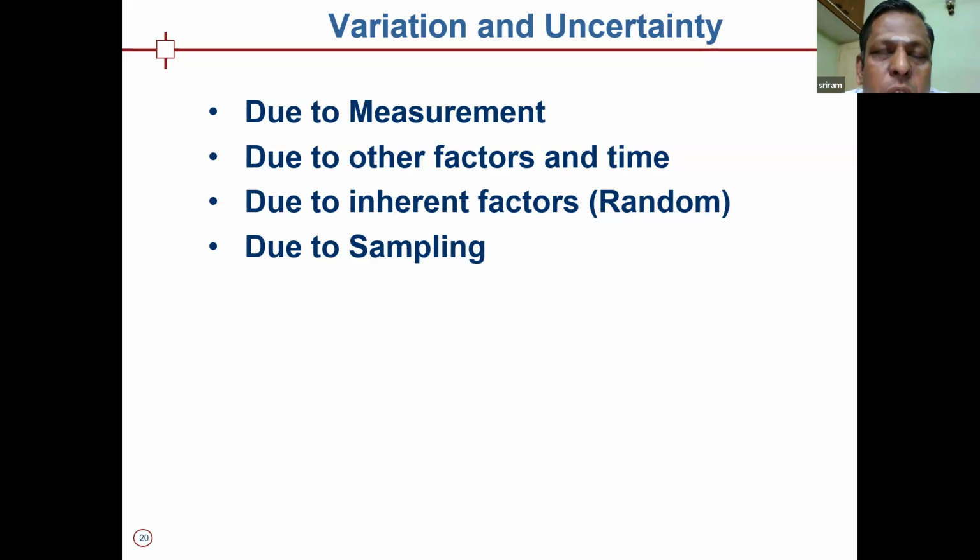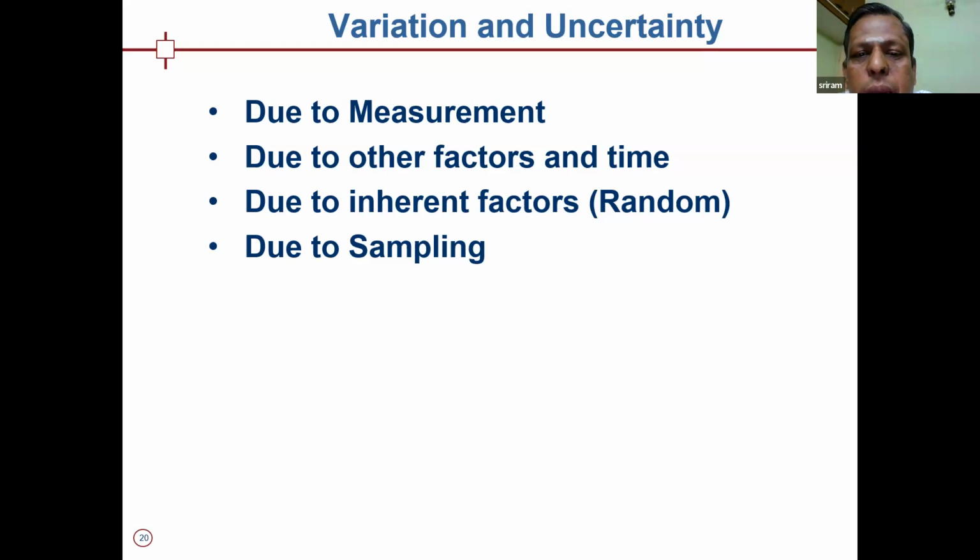What is the risk factor? The variation in the outcome only I am telling. Outcome is disease or survival or time to event, whatever. So what causes the variation in that outcome is measurement and other risk factors. And here statistics helps to quantify the impact of risk factors on the outcome. I want to study the impact of risk factors on the outcome. So statistics will help you to quantify that impact and also quantify the uncertainty in that impact.